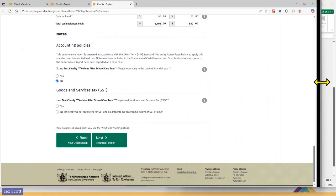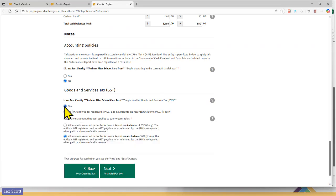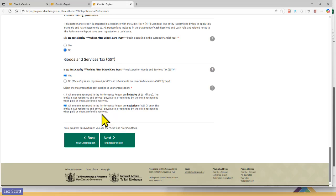The last thing on this page is to state whether or not your charity is registered for GST. If you are not sure, check with Inland Revenue to find out. Athena is registered for GST, so we answer yes to this question. We also select whether the figures we entered included GST, which means inclusive, or did not include GST, which is